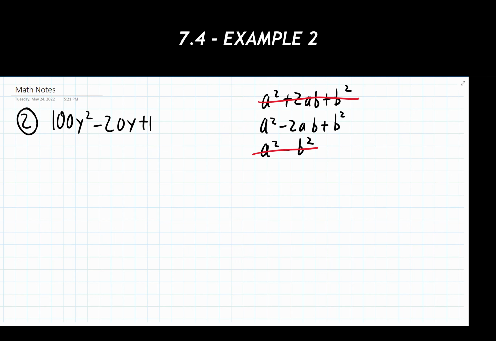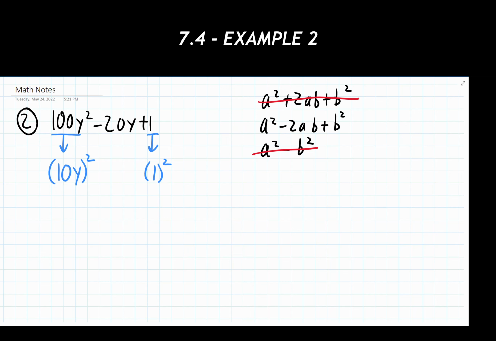Now, like we did with example 1, we're going to identify, all right, looking at the first term, this is a perfect square, so what would this thing theoretically be as a non-square? Or essentially, what's the square root of that first term? So square root of 100 is going to be 10. The square root of y squared is going to be y. So this first term would be the same as saying 10y to the second power. Looking at the last term, 1. Well, 1's a perfect square, so 1 times 1 gives us 1, so we got to have that there.